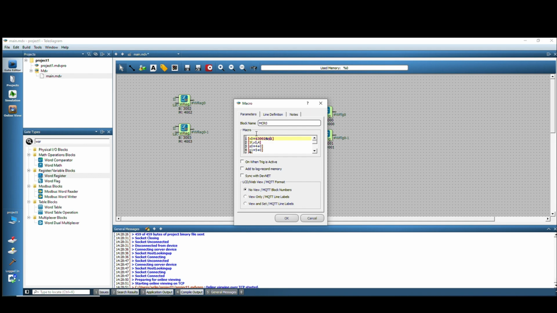If block number 3002 is less than 100, let that be our first condition, v0. Macros continue sequentially from top to bottom. Let's add a second condition. Block 3003, the value of the register